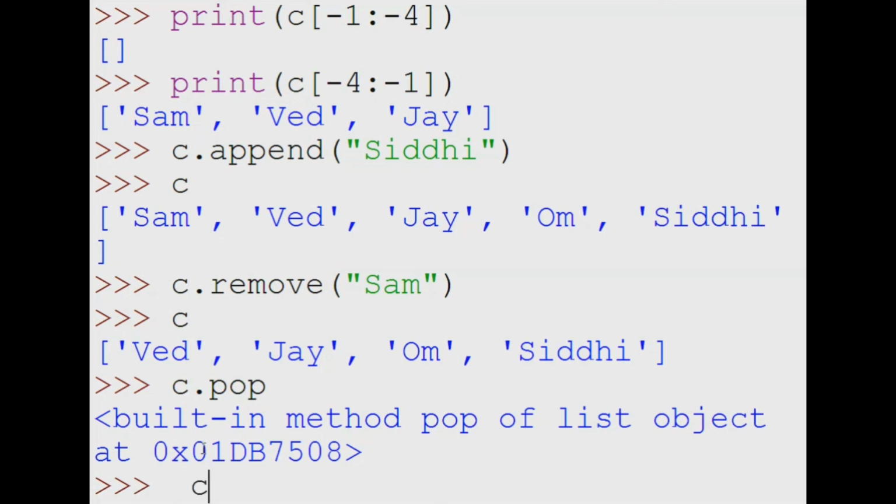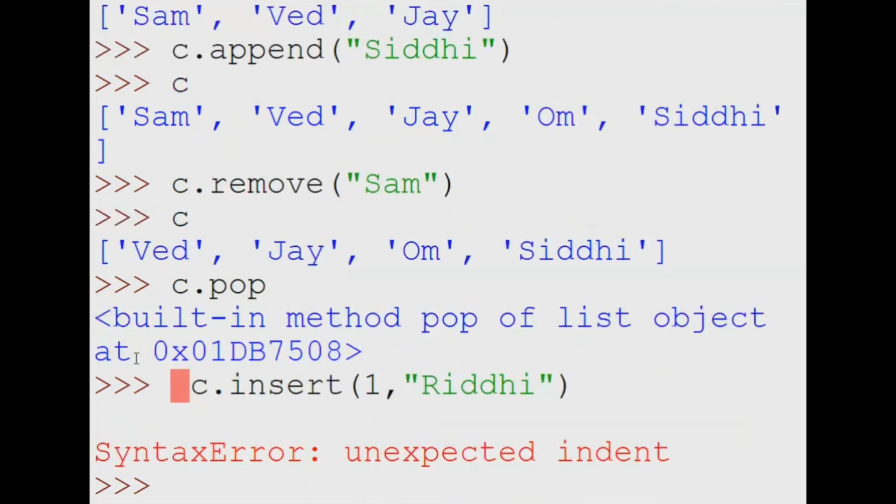If I type c dot insert and I type in, I want a value in 1 and I want the value read d. I have got it wrong. It wants first and end. I think it is an index error, no, syntax error.